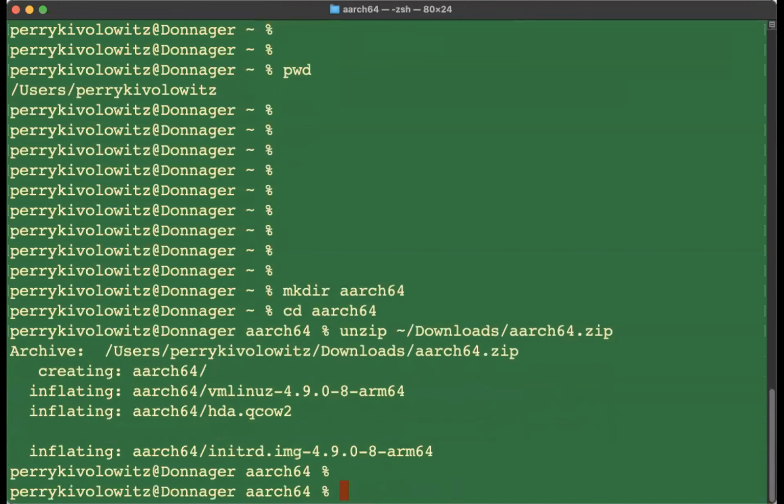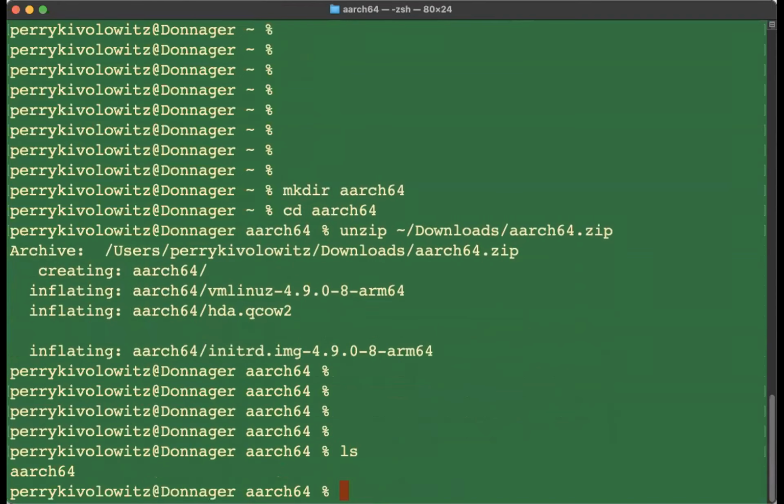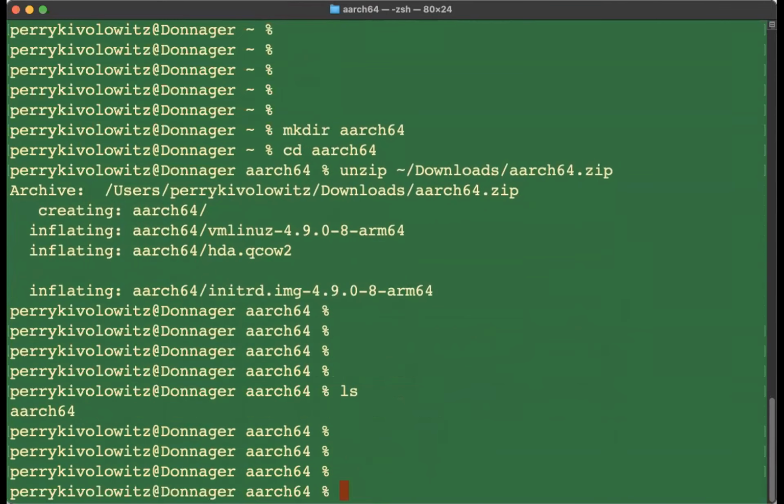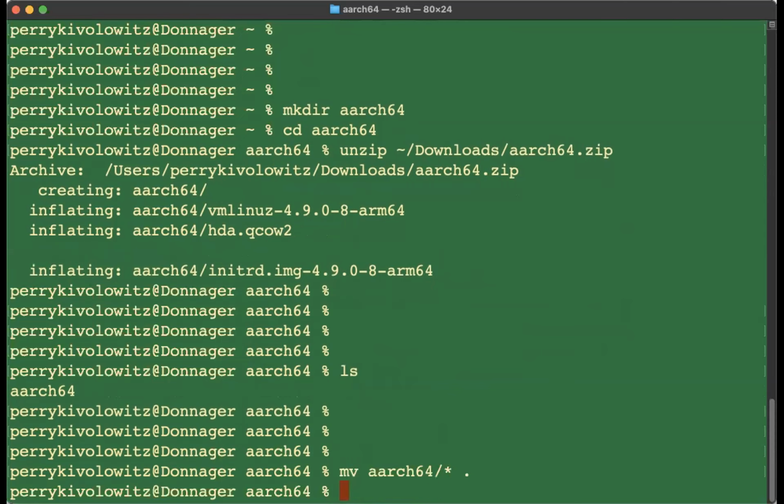Okay, good. So there's my, oh, it actually already contained a, sorry, so I've got a bit of a problem there. So notice I'm in Arch64 and I have a subdirectory called Arch64. So let me fix that. Move Arch64, whatever's in there, into the current directory. And now I can,